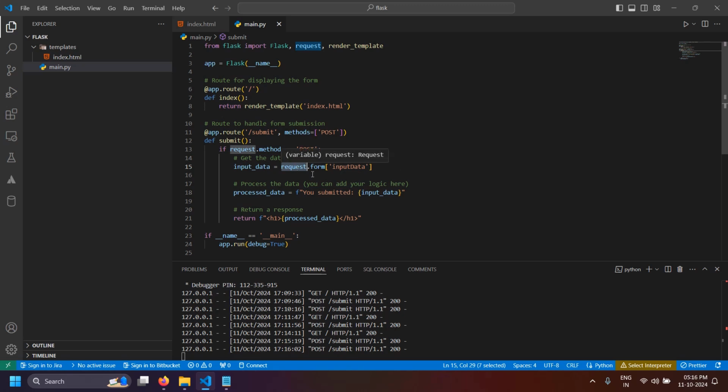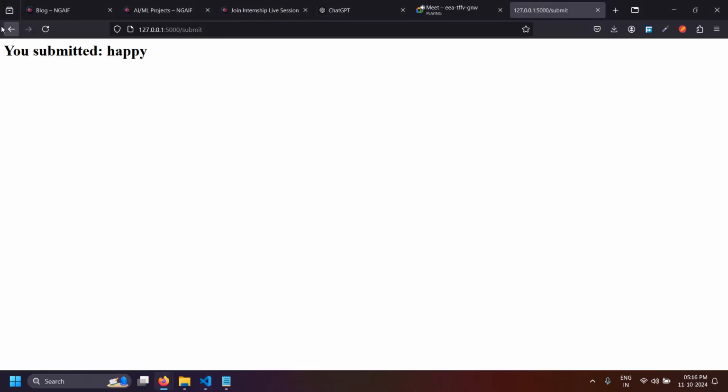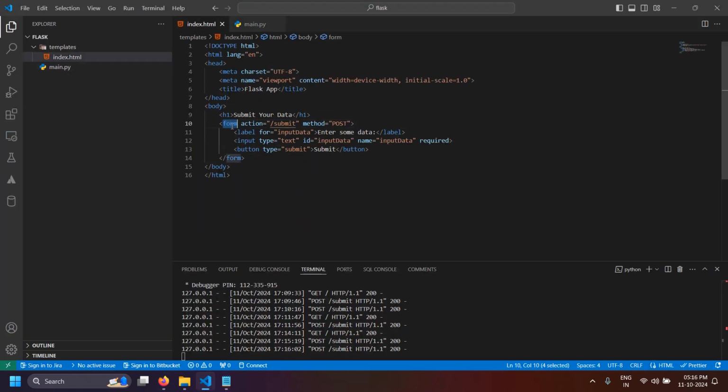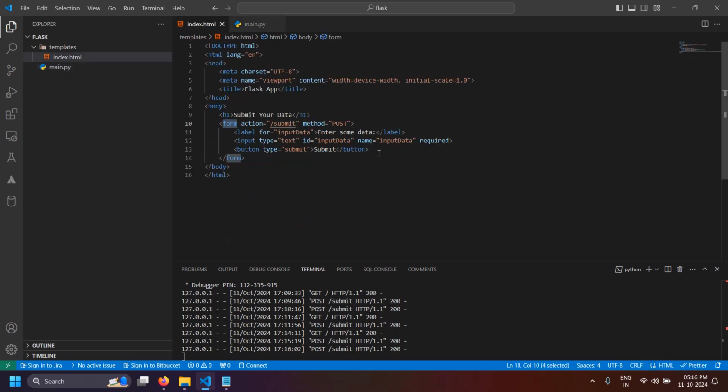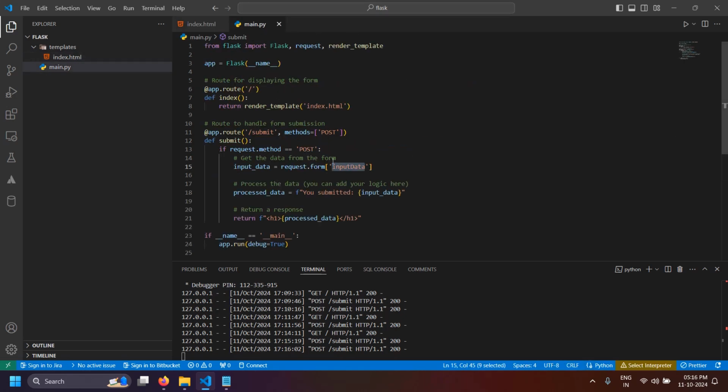form. So request.form. As I have shown you, this is a form. Again, in the code I will show you, this is a form. So this is how you read the form variable. If you look at the name of this input field, the name is input_data. So how to access it? request.form['input_data'], and whatever was submitted by the user will be stored in the input_data variable,